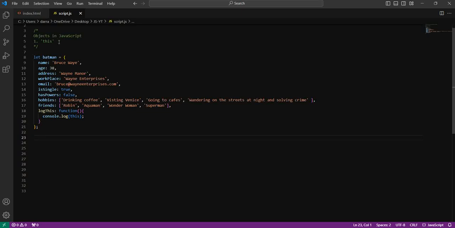Okay, friends, welcome back. In this tutorial, I just wanted to make a very small tutorial where I teach you about the this keyword in JavaScript. So what I've done is I've created a method in the Batman object called log this. It is assigned the value of a function, and all it does is just log out this, the keyword, to